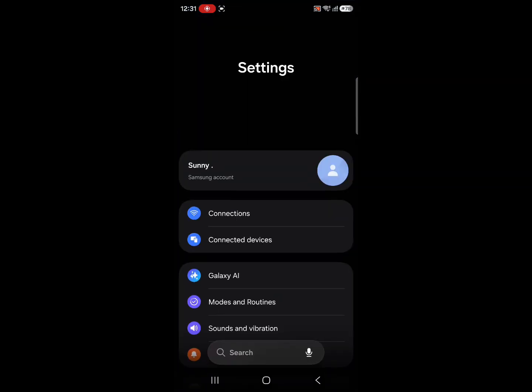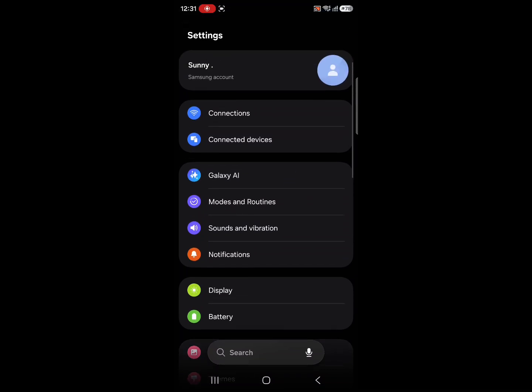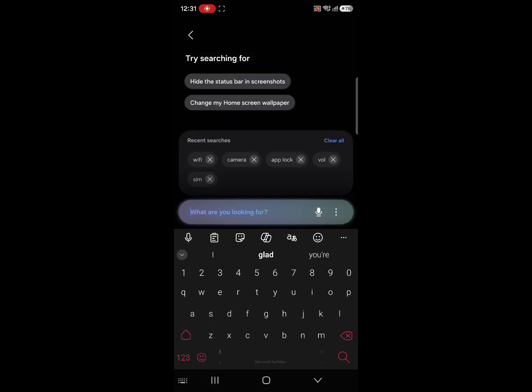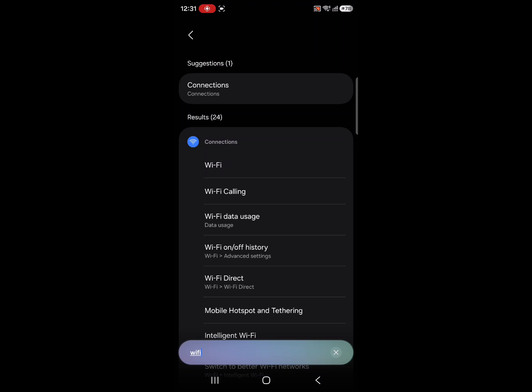We need to go to the settings first and then either look for network and internet or connections. So we have found the connections and it also has the Wi-Fi icon. By any chance, if you do not find it, simply search Wi-Fi and you will find Wi-Fi under connections. We will click on that